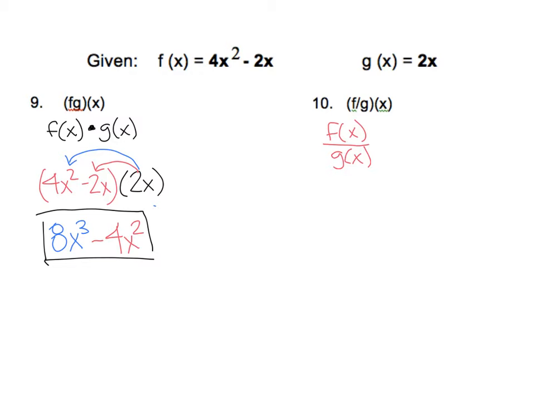This one is a division problem, okay? That's clearly noted by the fraction bar right here. So we have f of x being divided by g of x. All right, so when we write this problem out, we would have 4x squared minus 2x divided by 2x. Now, the first thing that you have to do with the top value, okay, is we actually have to